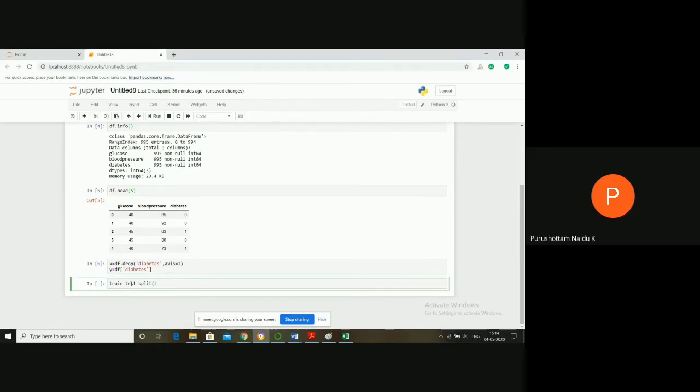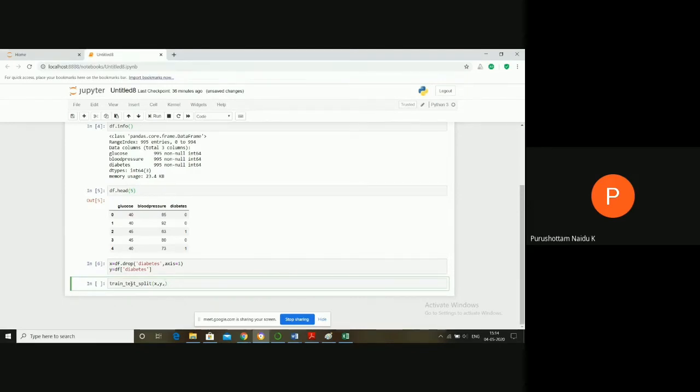The parameters we are passing to train test split are our total x data and our y data. And here we have to pass a value: if there are 100 records, 80 records are training records and 20% records are test records.